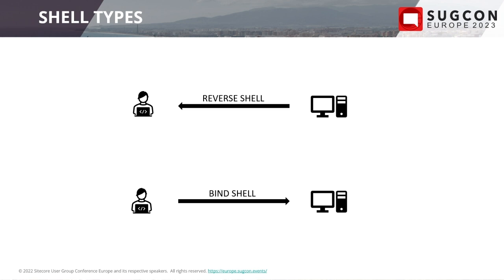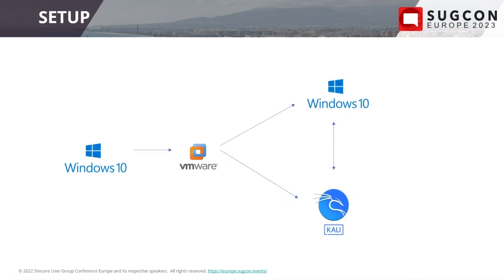Any questions so far? I'm asking because it's going to get a lot faster in a second. Okay, so on my system here, I've got a Windows 10 host, I've got VMware installed, and I've got two virtual machines. It's also getting hot up here. One machine is a Windows 10 with Sitecore 10.1. So how many in here are running Sitecore 10.1?